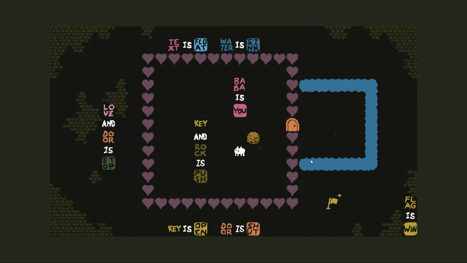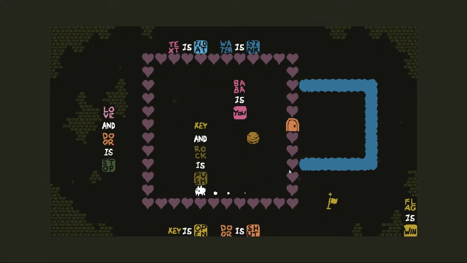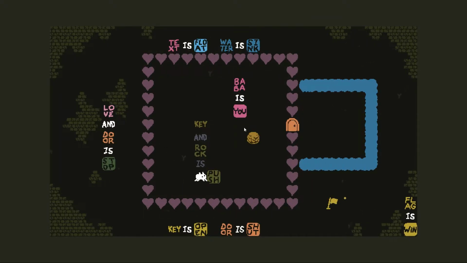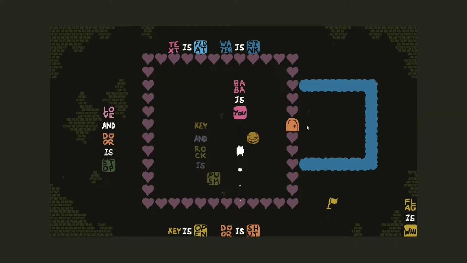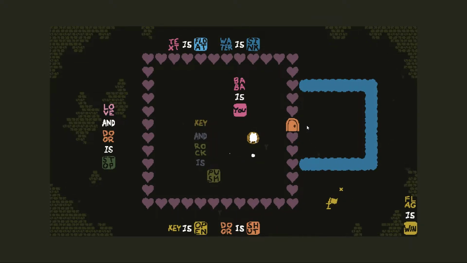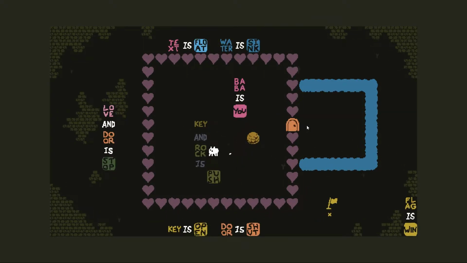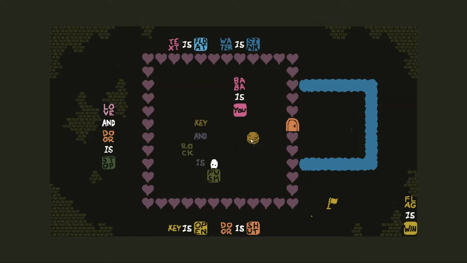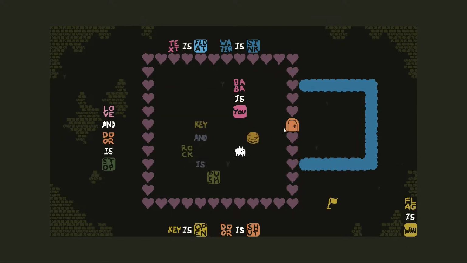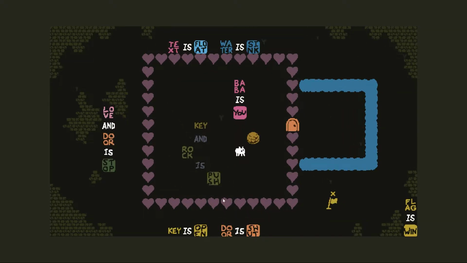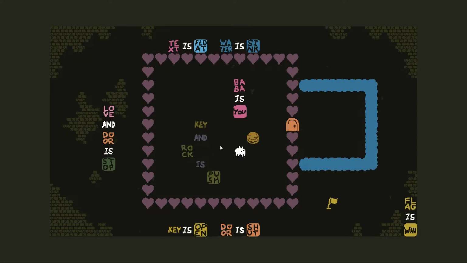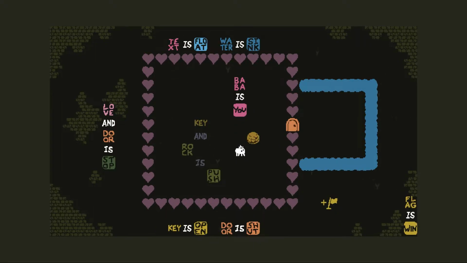Text is float, water is sink, flag is win. So I need some way of, let's see. I need something to open up the door. So I guess I would do that with a key. And I could, if I had like has, this would be really easy. So I need some way of opening